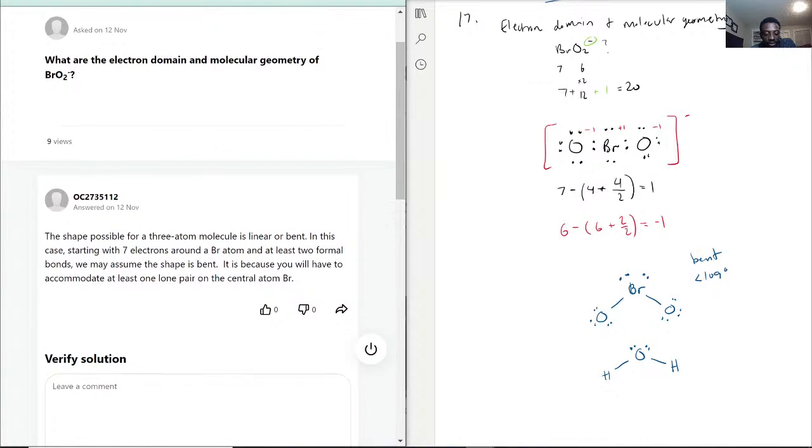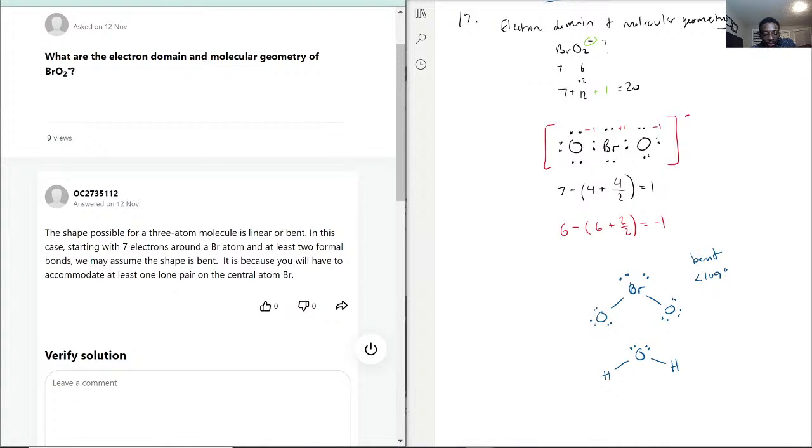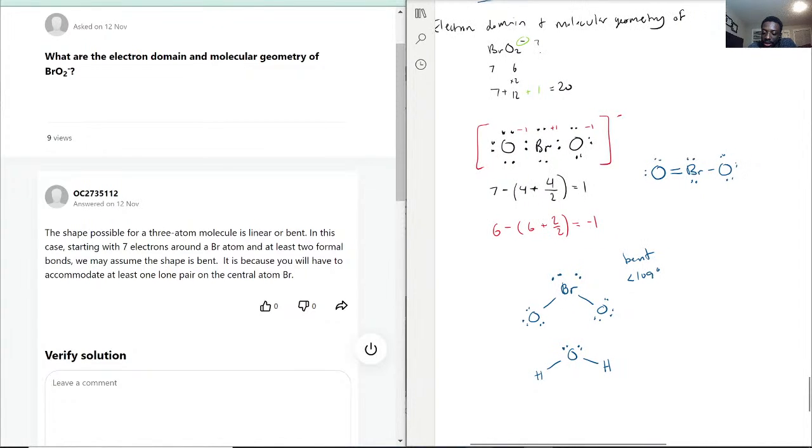Exactly. And you need to accommodate at least one lone pair on the central atom bromine. Okay? If we try to do a very strange thing, let's see what actually happens if we made it a double bond, because although now bromine breaks the octet rule, maybe now it will be technically more stable because the